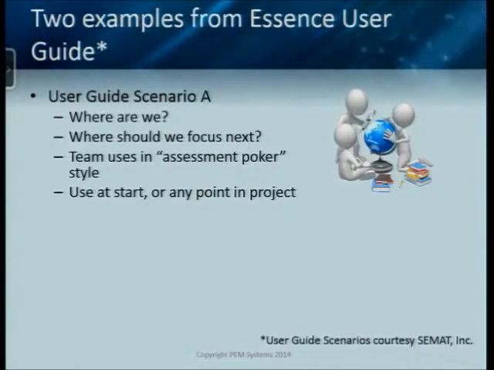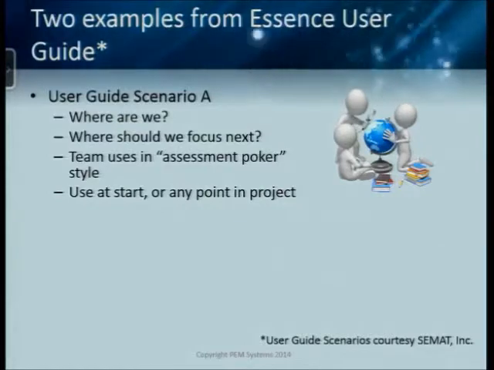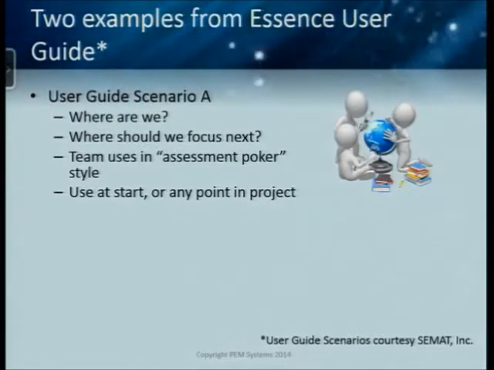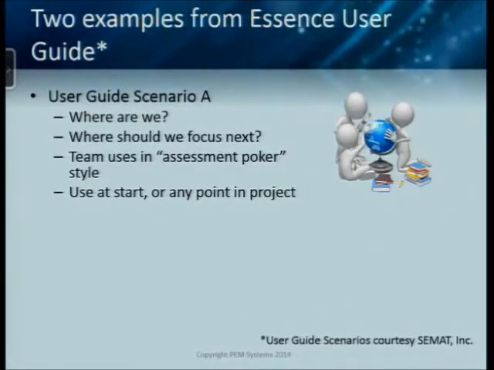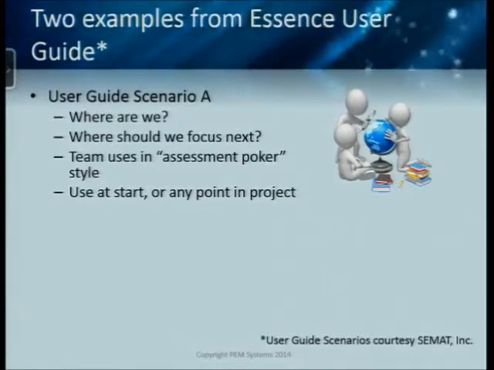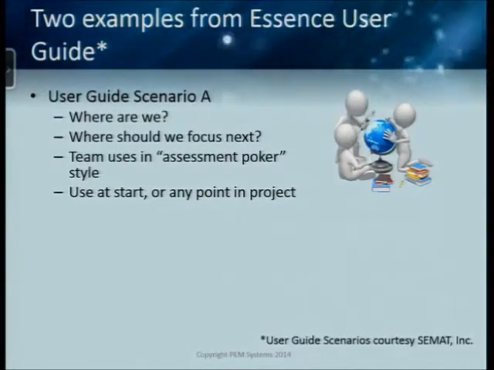So for each alpha, the team thinks, and then we ask, are we ready? And when you say you're ready, everybody raises the card for the state you think we're in. So it might be, I'll just pick one here, we're doing requirements, and so everybody raises requirements acceptable. But somebody doesn't raise that one because they think, well, they're not acceptable. Then we have a discussion. If everybody agrees we're in the same state, everything's fine.